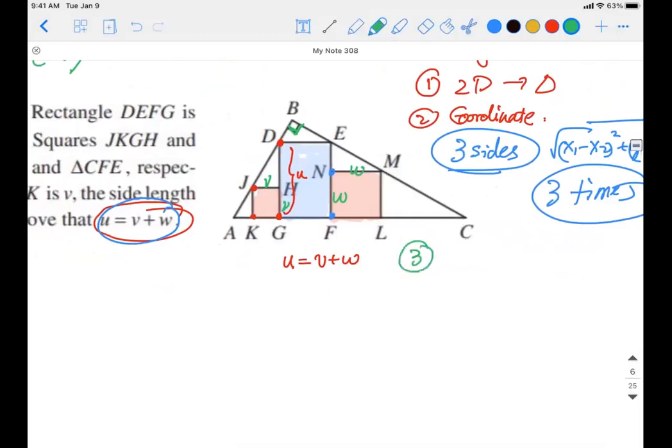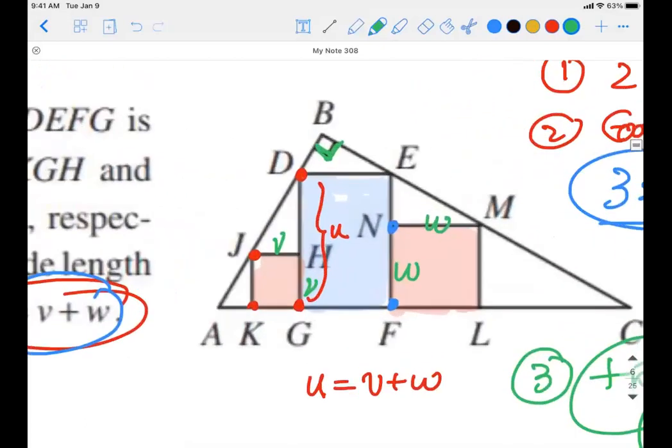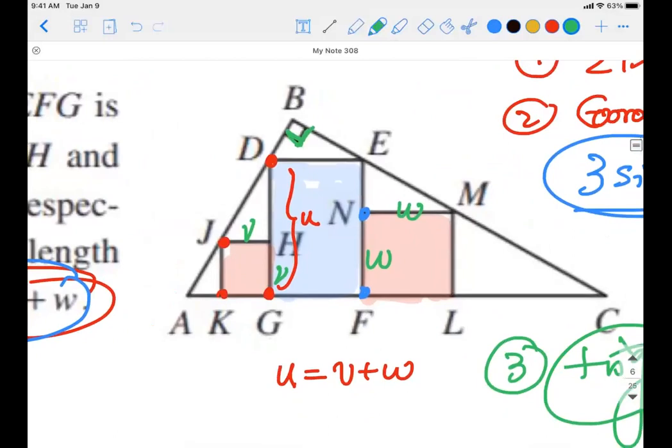Then what about our number 3, the third approach? As long as we have no way to do the 2D way, it's not so easy to do the coordinate geometry. Like I said, sometimes trigonometry can help you do some work. If we want to talk about trigonometry, normally speaking, I still want to put them into a right triangle using the definition, and so on. So who can tell me what kind of 2 or 3 or more triangles